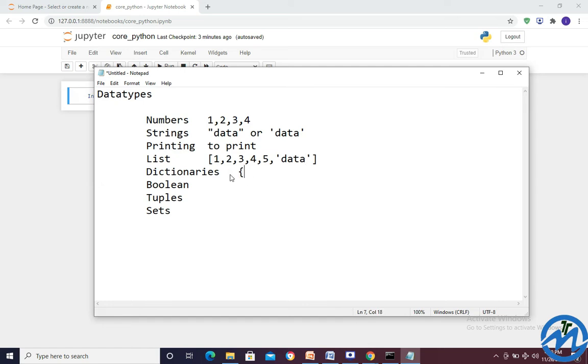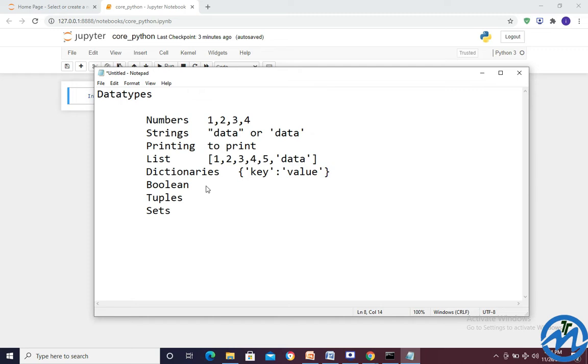Dictionaries: multiple data are stored in it in the form of key and value pairs. Make sure your key is always a string, and the value depends on your data type. Multiple keys and values.